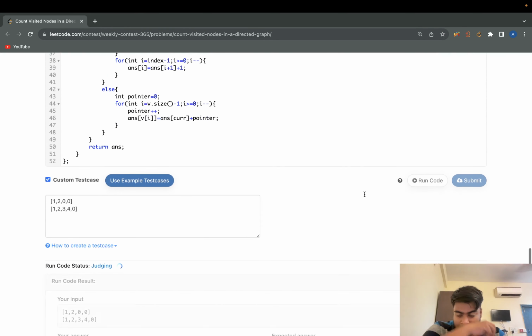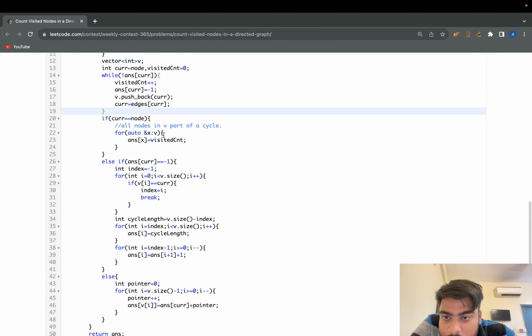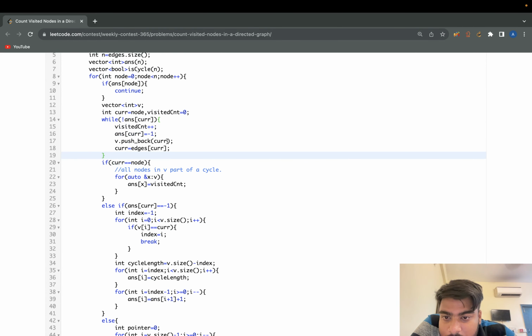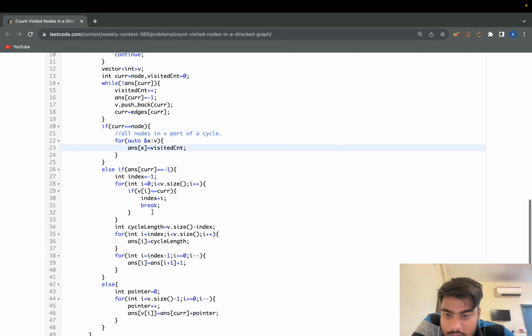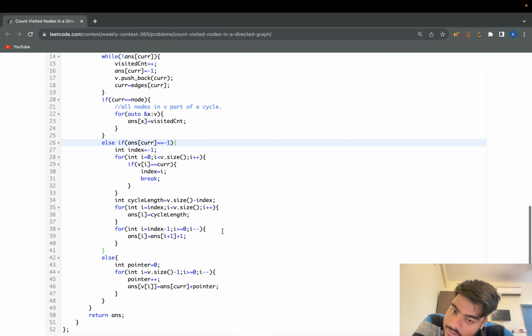The same output. Cool. This part is cool. Visited count plus plus, and so current equal to -1. Just a parent, right? Current equal to node, visited count. This answer of current equal to -1. Int index equal to -1. Finally got that index. Okay, cool. This is cool. Index with index -1. Answer of i equal to